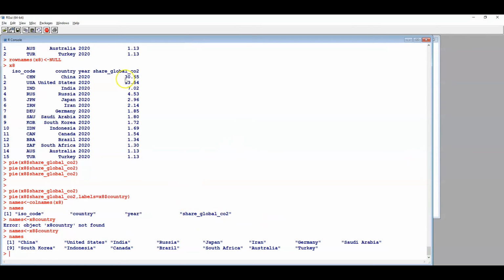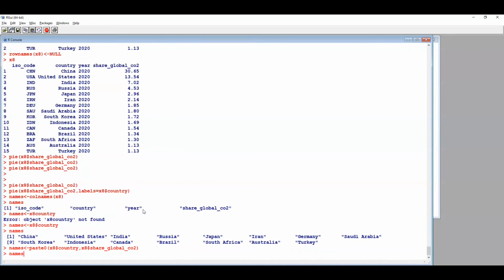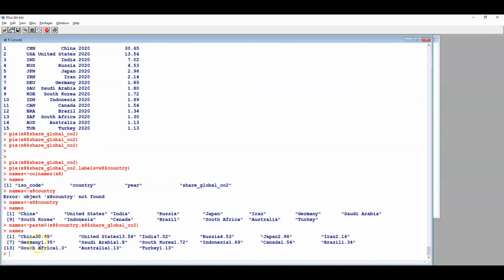Okay, we need to add the shares. Actually, we can use paste0. So this is x8 dollar shares. Okay, so let's look at the names. Obviously, this is not very good. It's a good idea to have left parentheses,